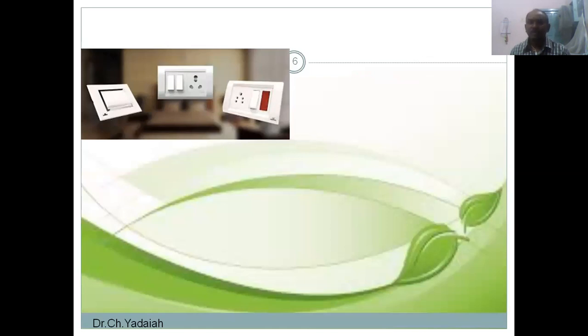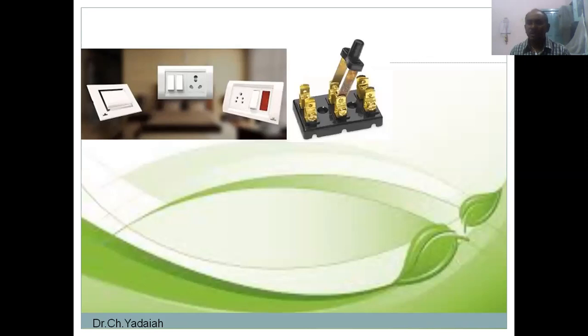For example, the flush type switches are used as lighting load switches and power load switches. If you observe, have you observed this switch? This switch is known as a knife switch. You can observe it elaborately. These switches are used up to 16 amperes without heating, whereas this switch can be operated at more than 16 amperes, up to 33 amperes. For operation of high-speed motors in our laboratory, we are using the knife switches.